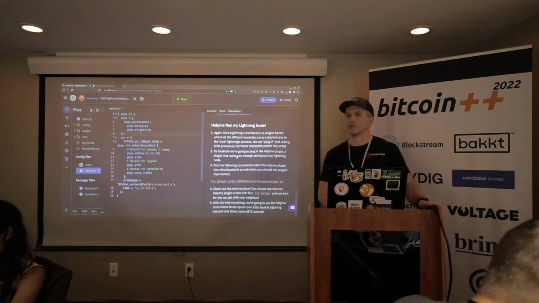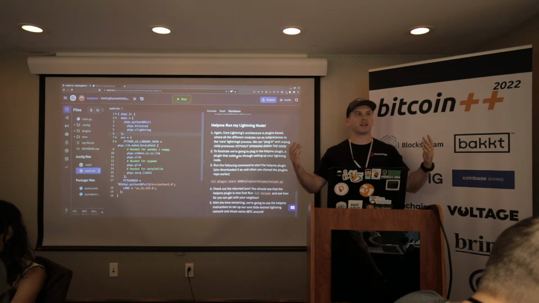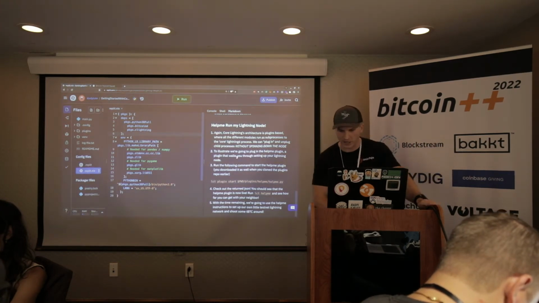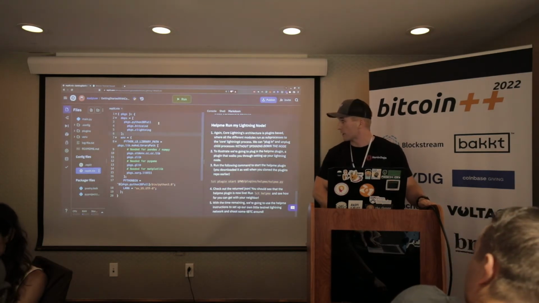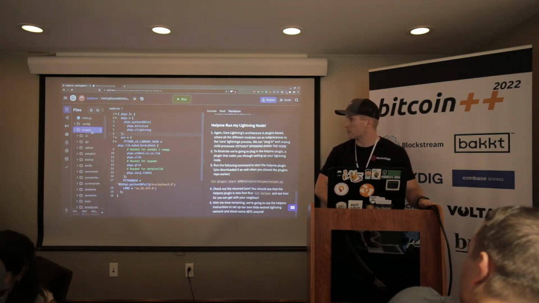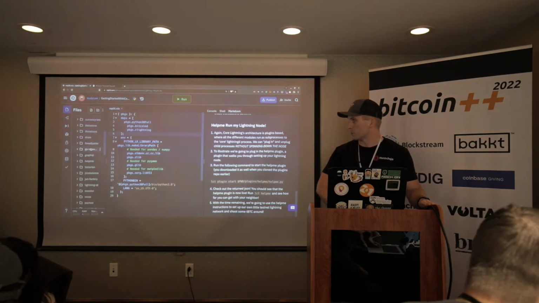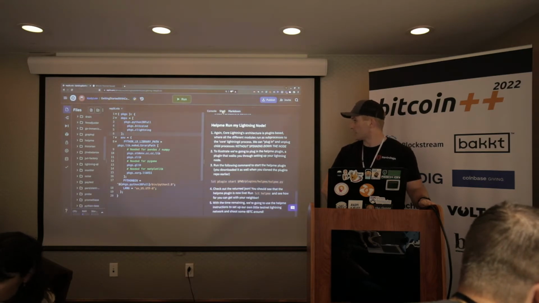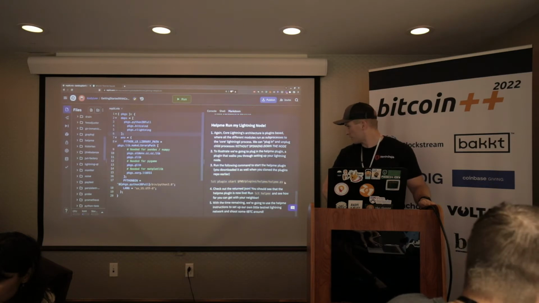Okay, so the first plugin that we're going to do is Help Me, right? Help Me is just a plugin that helps you set up and run your Lightning node and all that kind of stuff. So the way that we're going to do this is that when we pulled down these plugins, not only did we get Sauron, but we got a bunch of other cool stuff, all sorts of cool plugins. One of them is Help Me. And so if I go down here and run this command,